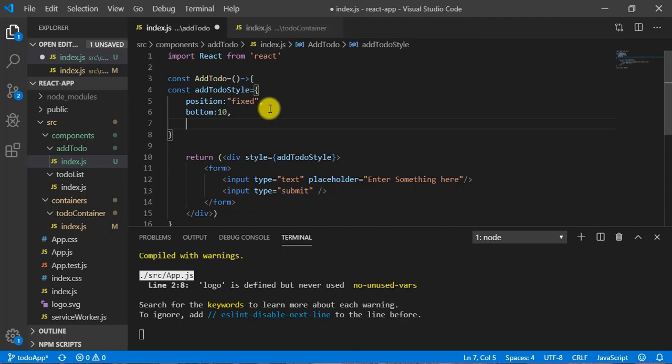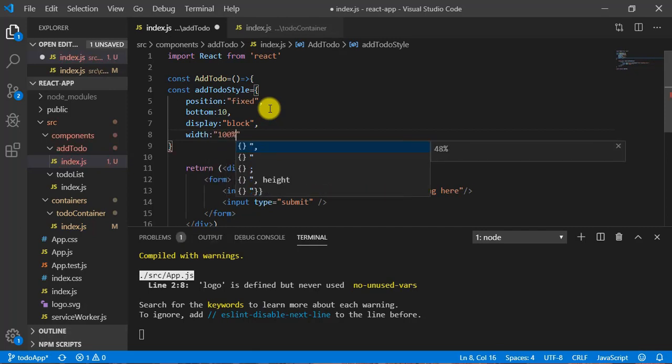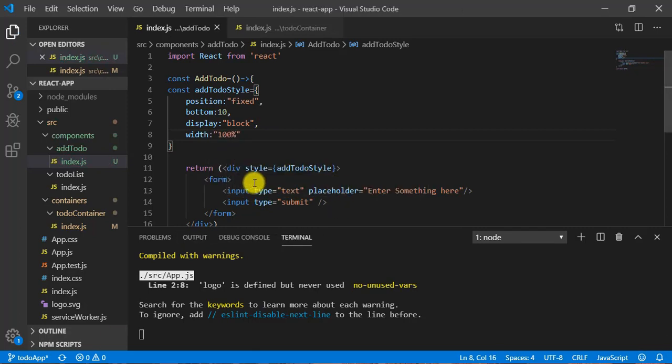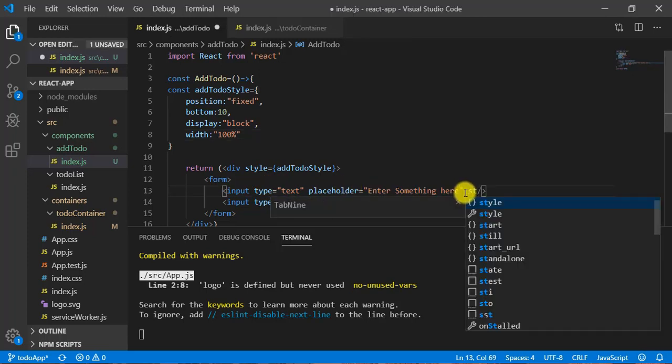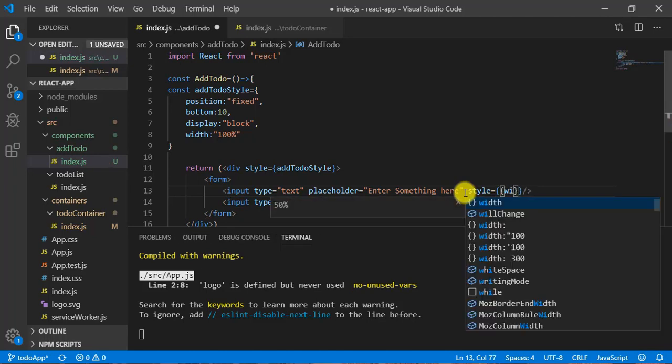Now let's add some more properties. So display block, and next one is width equal to 100 pixel. Now let's come to this input component, and here I write a style and define width.